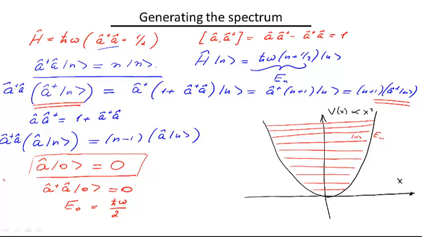We found a series of energy levels, so let me just write it again. E sub n, the energy levels of the harmonic oscillator, is equal to h omega times n plus 1/2, where n is equal to 0, 1, 2, etc. And this was constructed under the assumption that an eigenstate exists. But we haven't yet shown that it is indeed so. We haven't yet constructed explicitly the eigenstate. And this is really the last piece of the puzzle that we will put together in the next video,